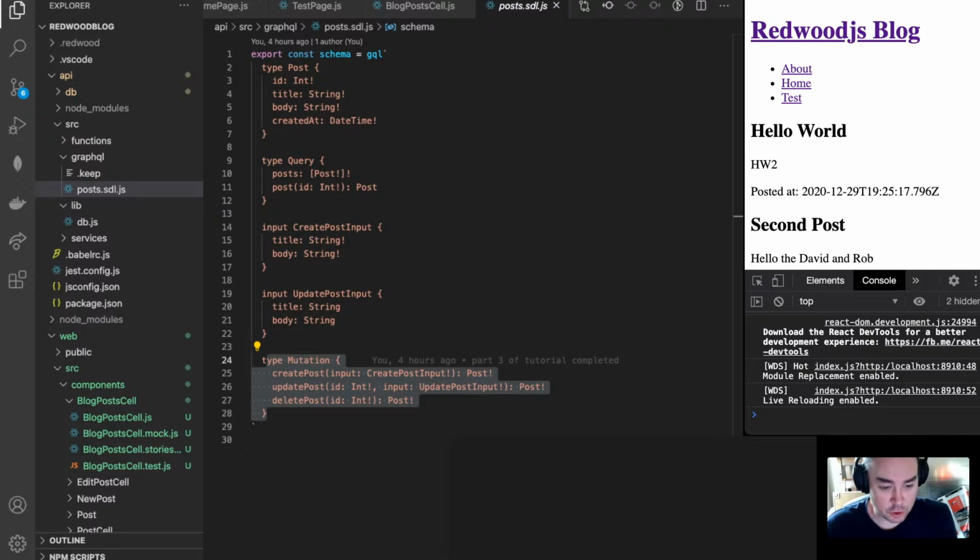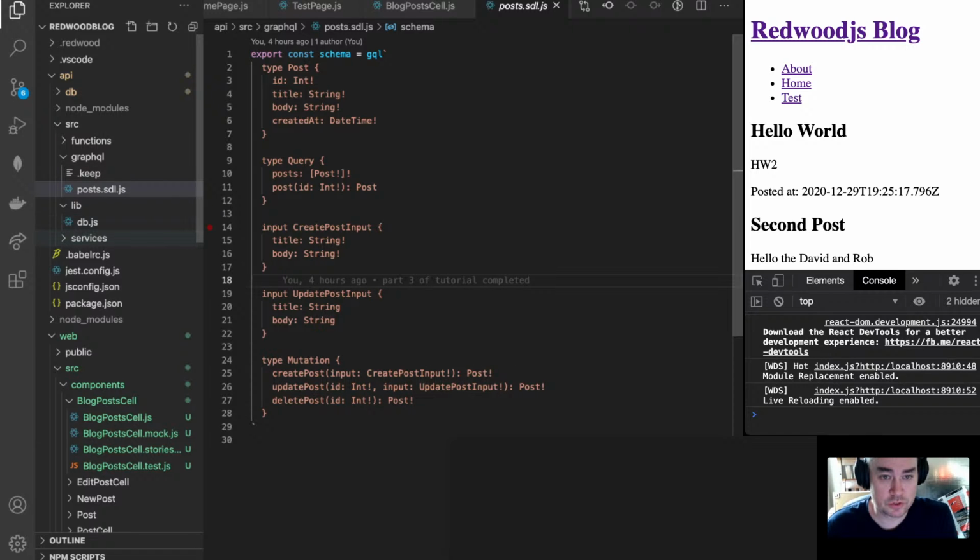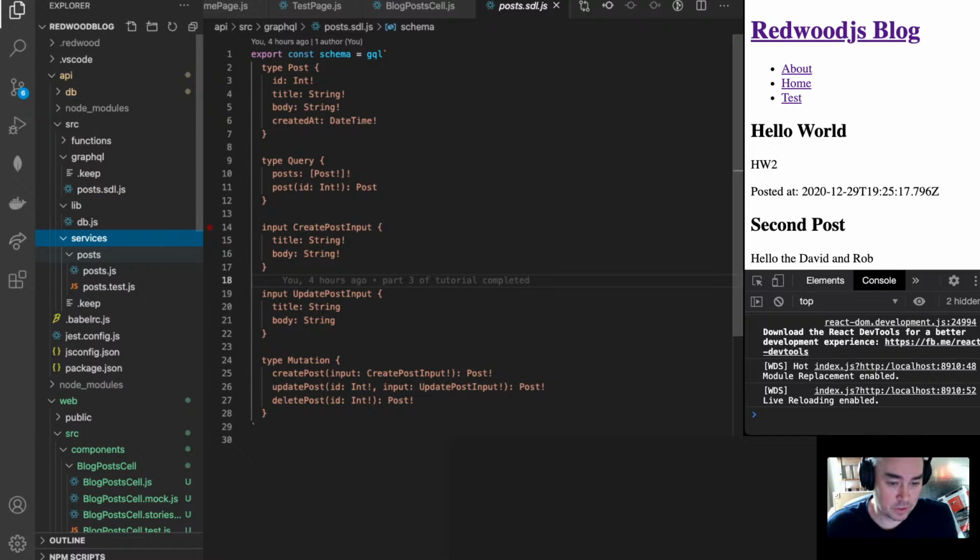Remembering to pass all the arguments through. That's a lot of effort and boilerplate and still doesn't result in very good usability. Redwood has a better way. Remember the API source services directory. Redwood will automatically import and map resolvers from the corresponding services